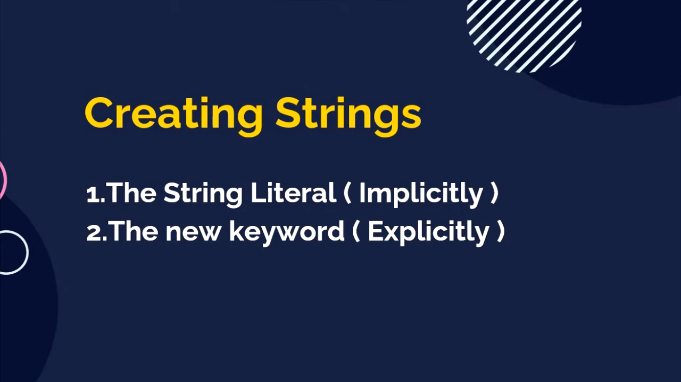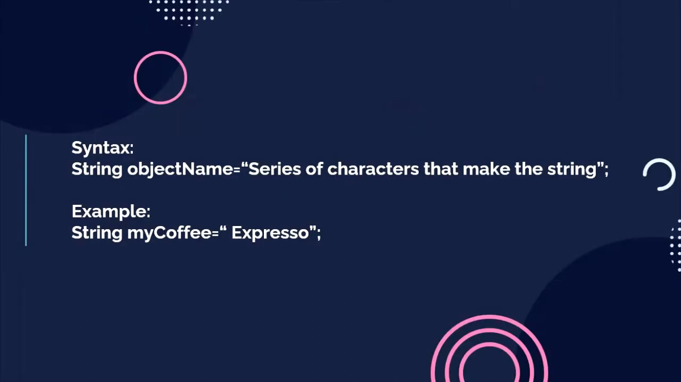In Java, you can create a string by using implicit and explicit methods. Using this technique, the string is formed by writing a series of characters and enclosing them in double quotes. After doing so, the Java compiler implicitly creates an object of the String and assigns the value written in double quotes. So you can see in this slide, the syntax goes like this: String objectName = "series of characters that makes the string"; For example, you can write a statement as String coffee = "espresso";